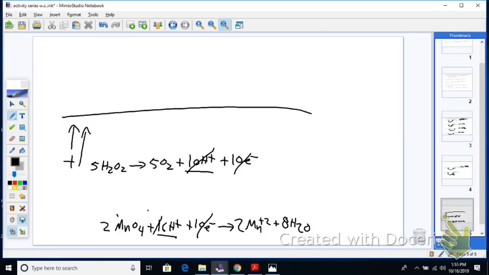It doesn't matter which one goes first, as long as they're on the left side or the right side. So you should have written